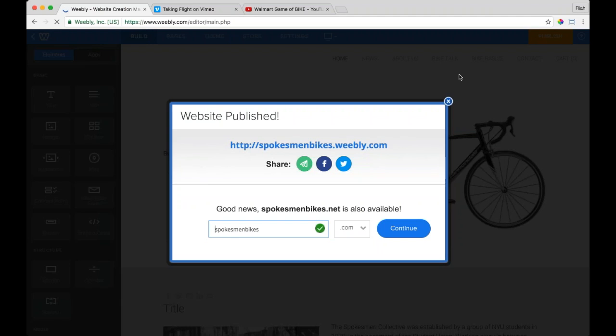Now it's published. So now all my changes are live. You want to make sure that every time you make a change to your site, or to settings, say you add SEO or change a contact form, you publish your site again, because you want to make sure that your visitors or search engines see those changes. So let's click on that, and we're going to see our very beautiful site live